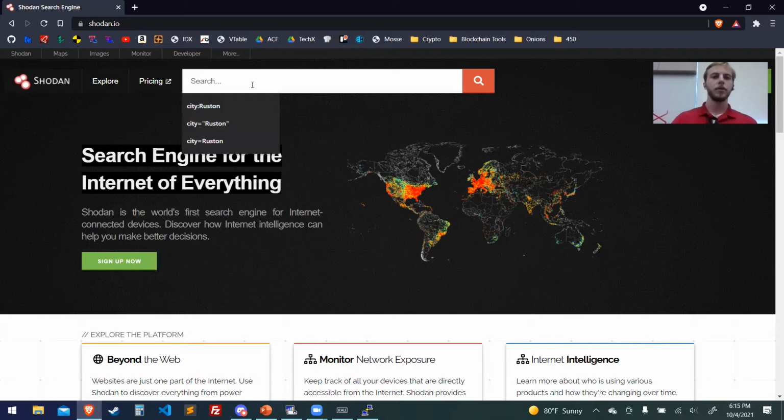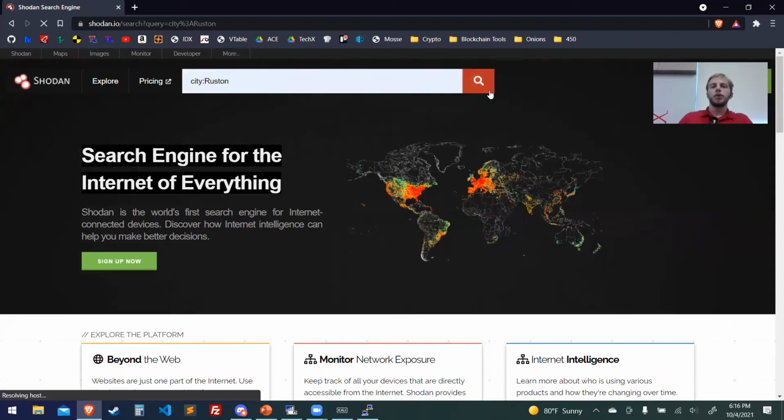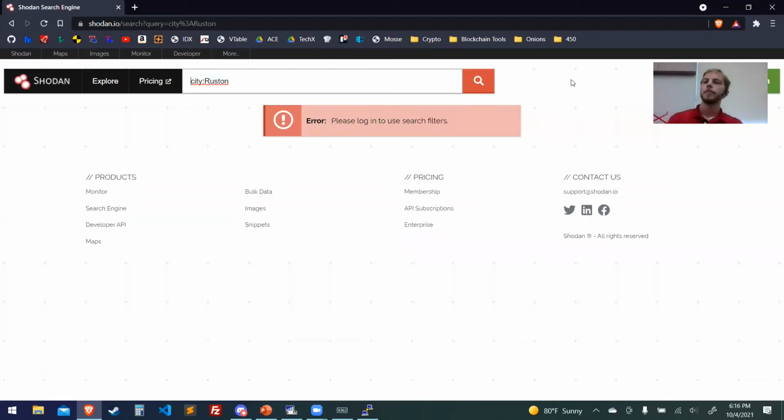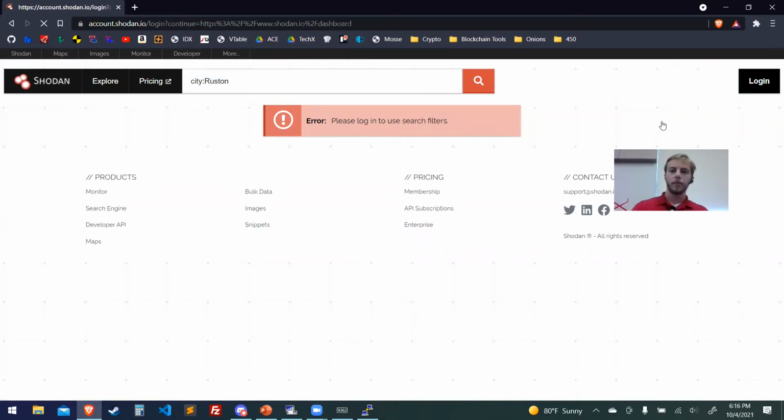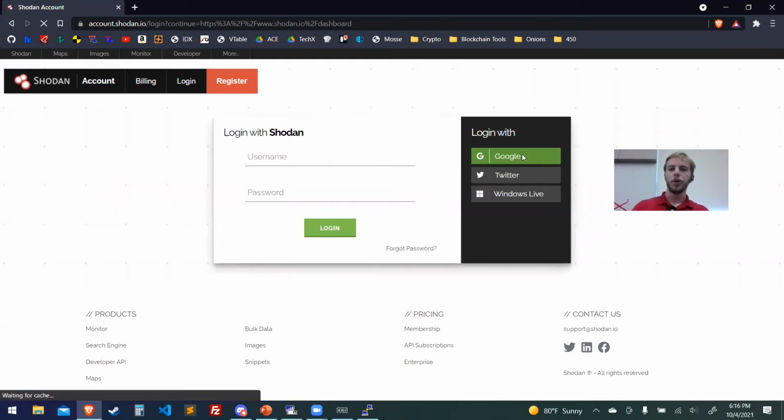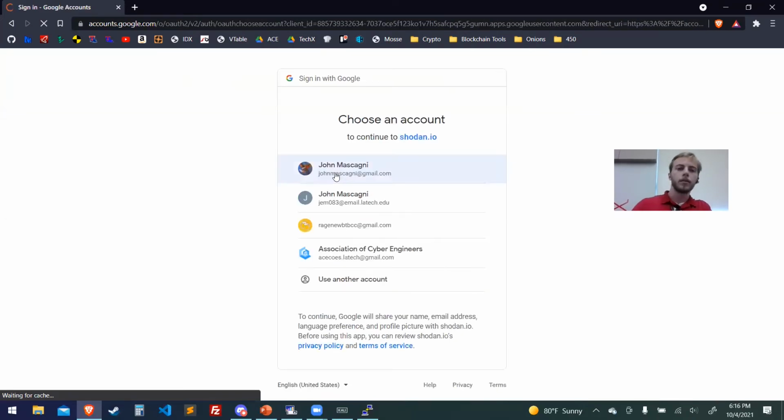So let's look for the city of Ruston. Am I logged in? Probably. Let's look for the city of Ruston, and it's going to find, damn it, I'm not logged in. If I can move this, there we go. So it's going to show a variety of machines that are in that Ruston subnet. As of right now, we're all on the internet, right? But we all have Windows running. It's pretty secure. I don't think anything would be open randomly. Man, this is taking a while.